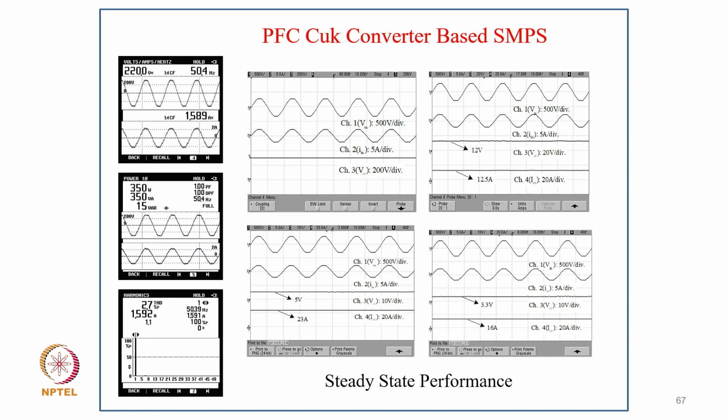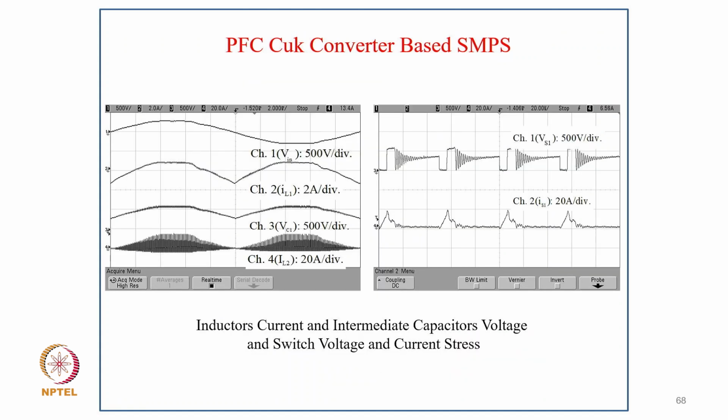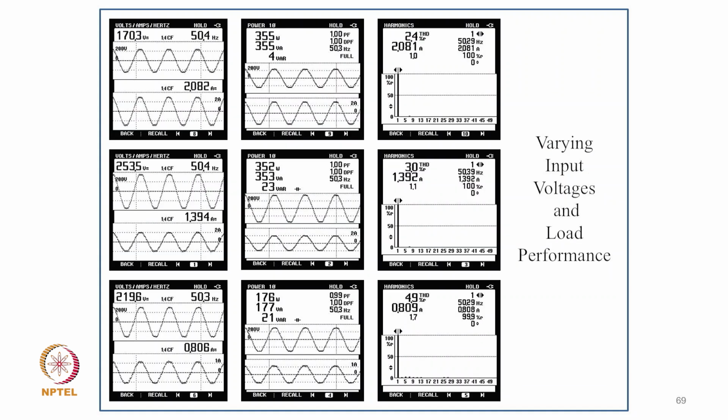The case of a power factor correction Cuk converter used in the same switch mode power supply at 350 watt, and THD only 2.7%. You can clearly see all the parameters, like the different output voltages, and the power factor remains unity in all conditions. And this proves the design: the input inductor current is continuous, the capacitor voltage of energy transfer is also continuous, but the output inductor current is designed in DCM to give inherent power factor correction without sensing input voltage and input current, as shown here.